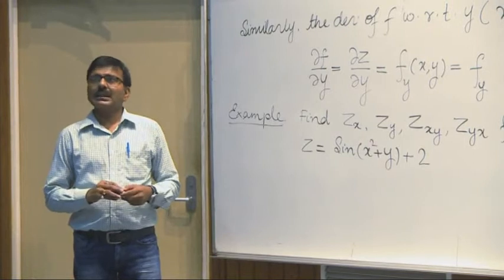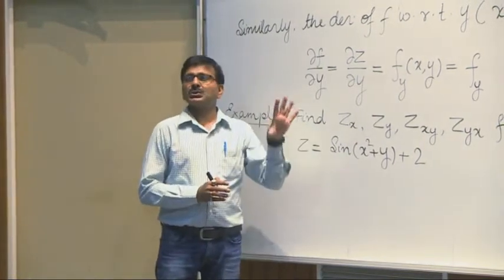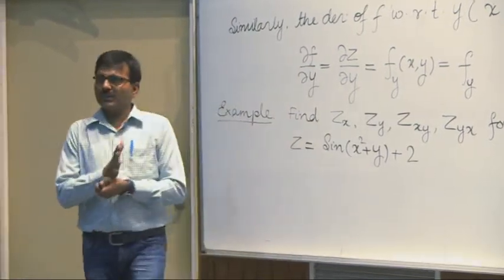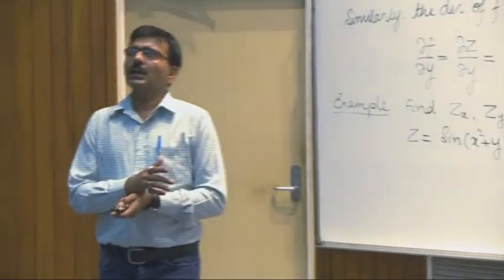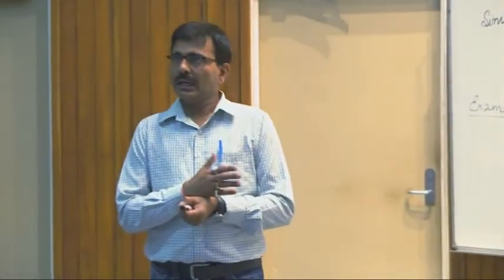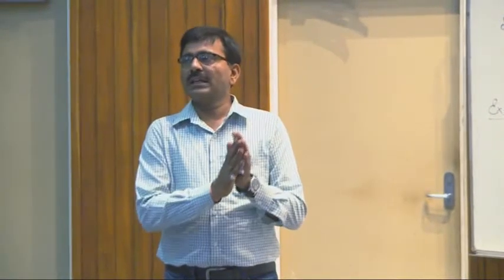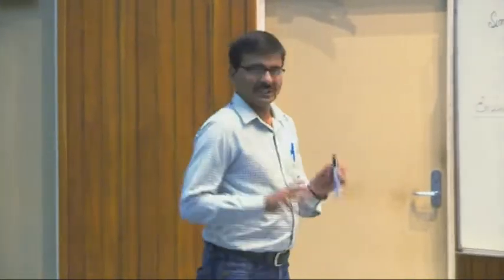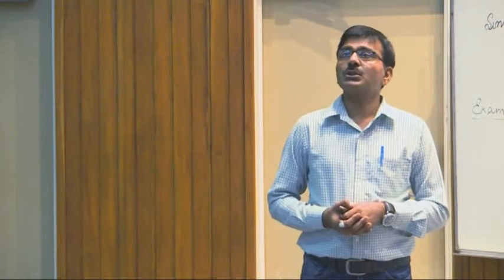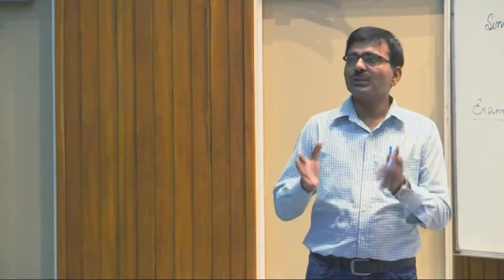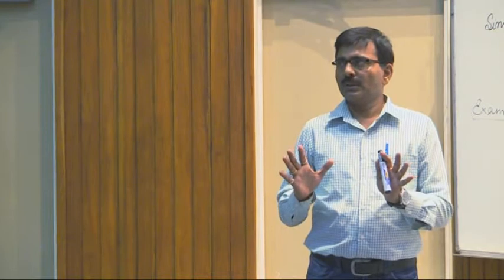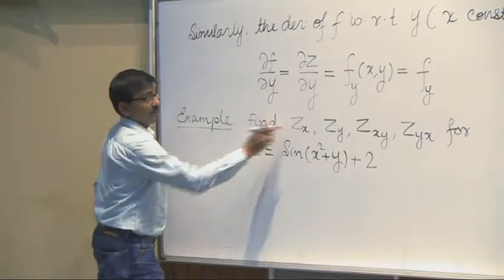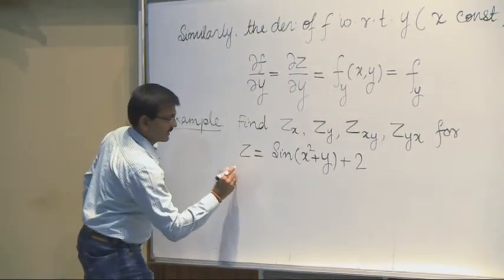The easy thing here is that one variable you will treat as constant. You need not worry that we have two variables, because we are doing differentiation one by one, with respect to one variable, then with respect to another variable. And when we are differentiating with respect to one variable, we treat the other variable as a constant. What is the differentiation of a constant? You all know, that's 0. Okay? So let's first find zx.